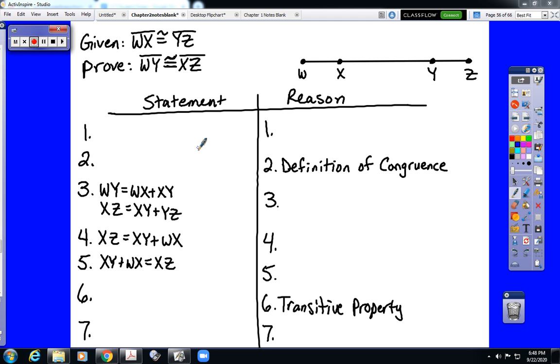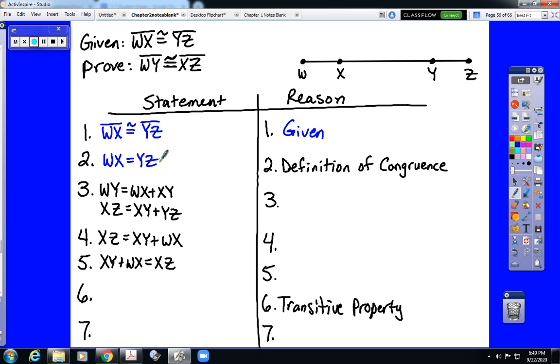So again, every proof starts the same way. So we're going to start this proof by stating the given, which is that segment WX is congruent to segment YZ. That is our given. Now, even though we have a couple of properties that apply to congruence, most of our properties do not. So we really don't need congruent statements. What we really need are equations. Well, if segment WX is congruent to segment YZ, then the length of WX is equal to the length of